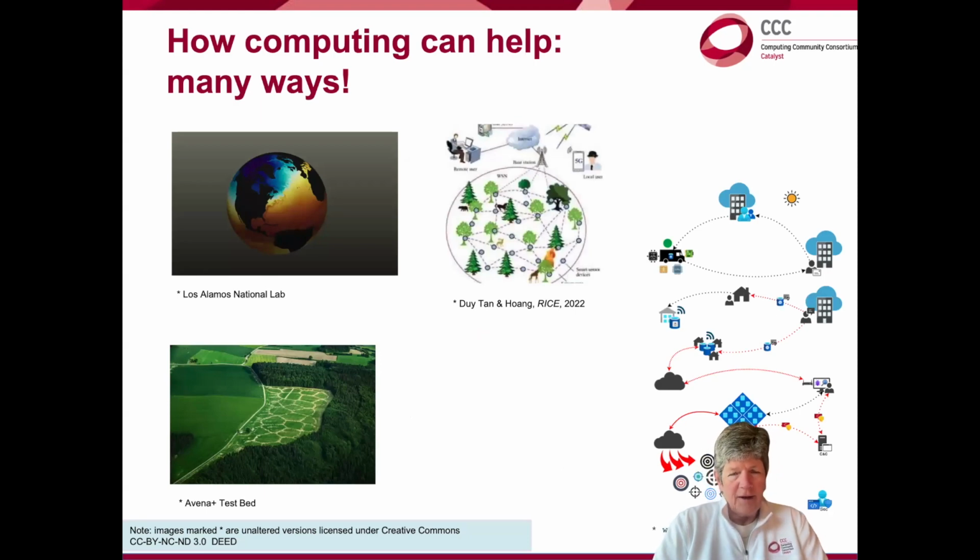So what I'm going to do for the next 5 minutes or so is give you a few examples of how computing can help. Of course, again, there are climate models, the top left, but computer algorithms can also be used to optimize, for example, the design of sensor networks for monitoring different salient variables. And computer algorithms can also take the flood of data that's coming off of sensors like that and distill it down into useful information. Applications here range from wildfire to drought to precision agriculture.